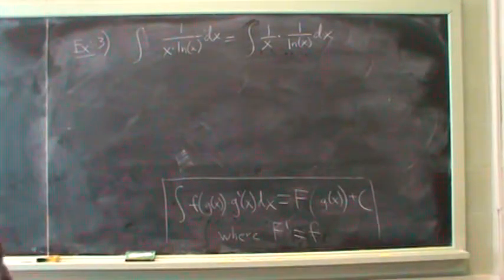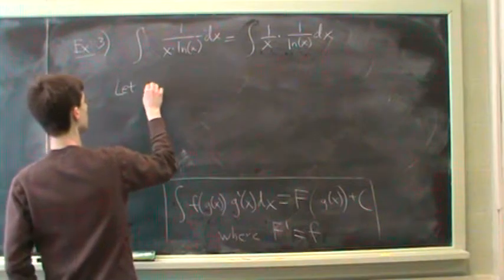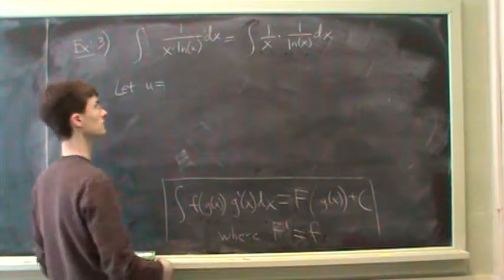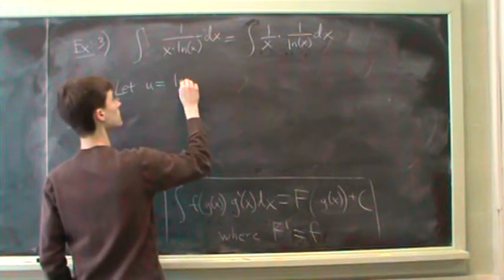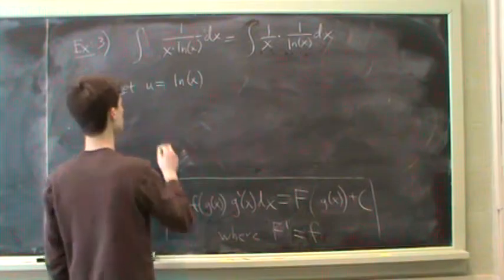So we're going to do a u substitution, and we're going to let u be the inner function that I was talking about. So u will be the natural log of x. And now d